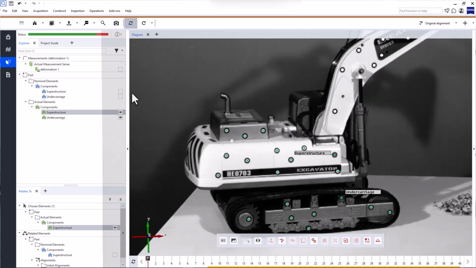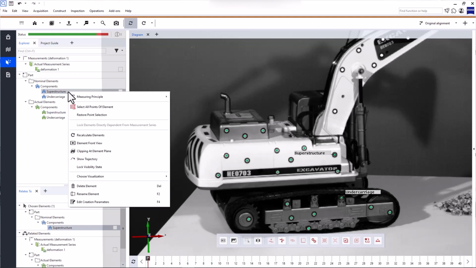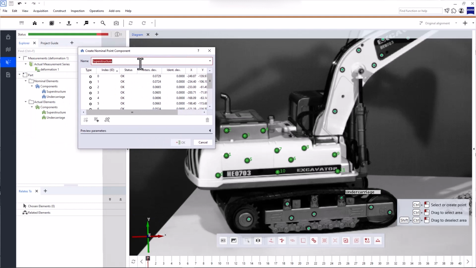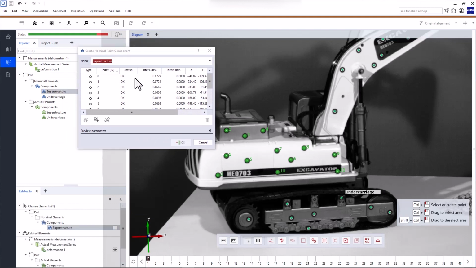Now, in case you made a mistake or want to change certain parameters, use the function Edit Creation Parameters. Simply select the element you want to edit, say this point component, right-click it and select Edit Creation Parameters, or simply press F4. Please note that you must edit the nominal point component if you want to add or delete points.